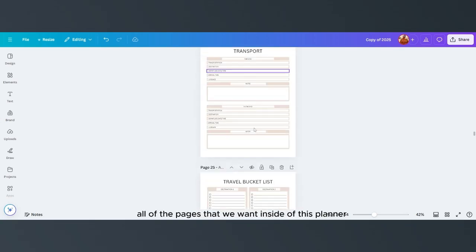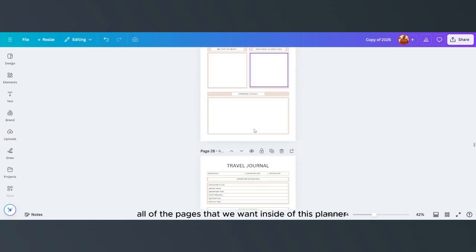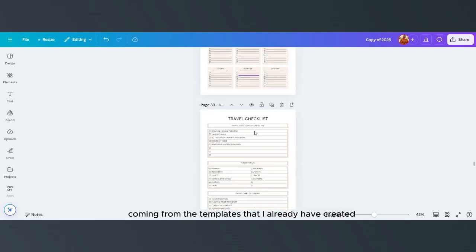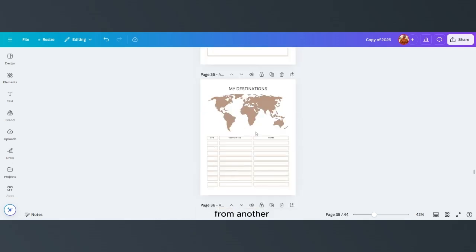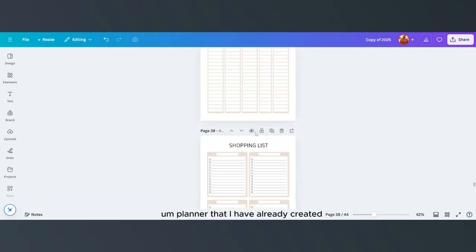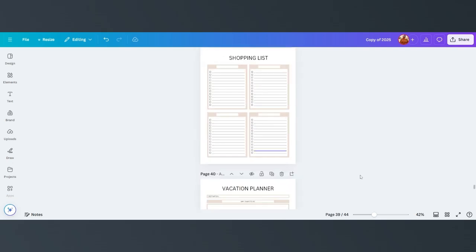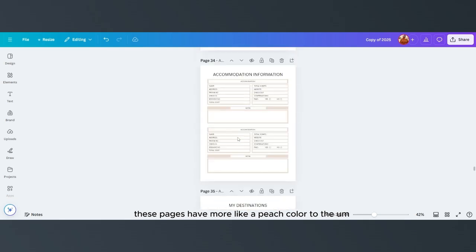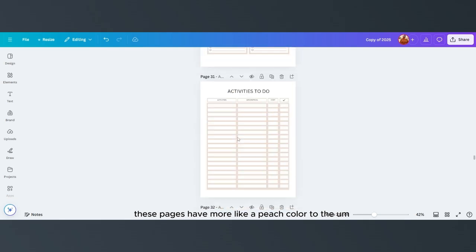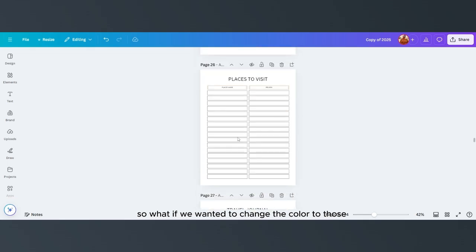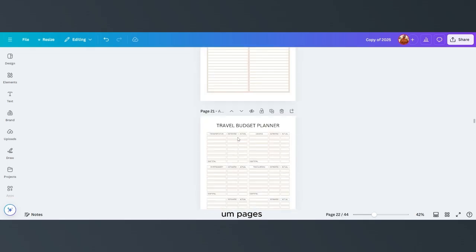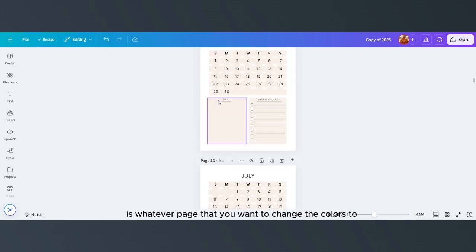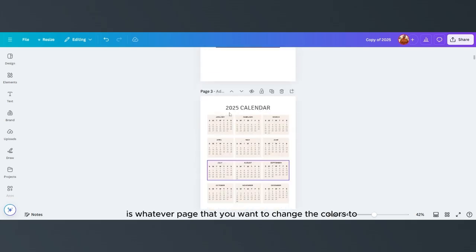I've added all of the pages that we want inside of this planner, coming from the templates that I already have created from another planner that I have already created. As you can see, these pages have more of a peach color to the design. So what if we wanted to change the color of those pages? The only thing that we will simply have to do is, whatever page that you want to change the colors of,